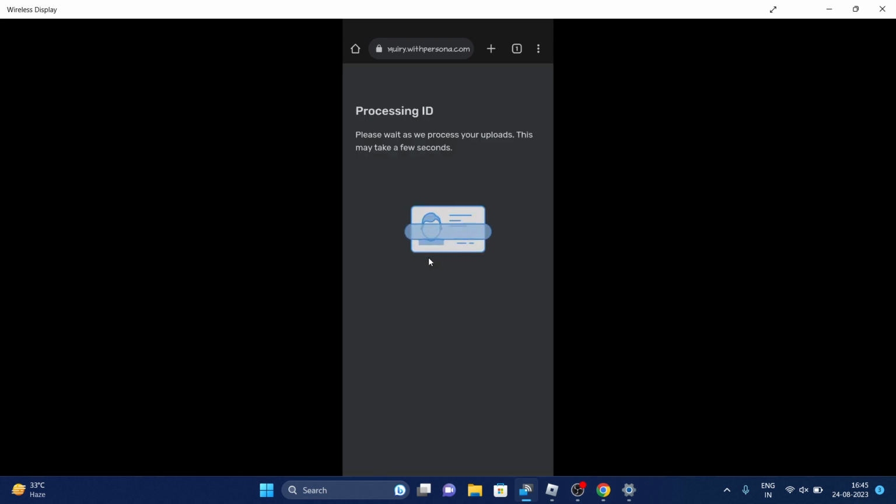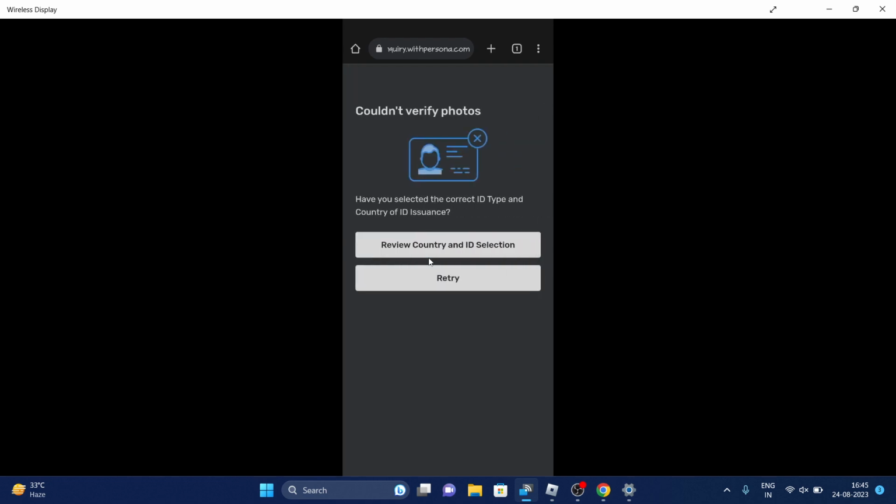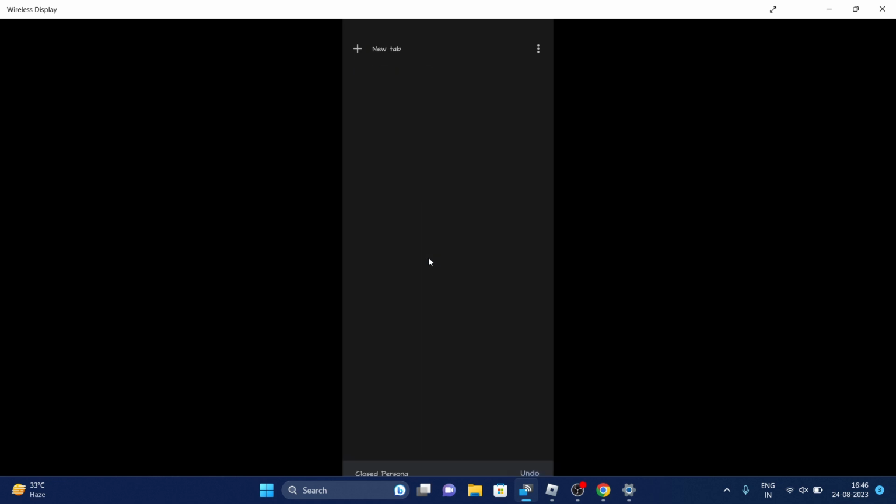Once you're done with the ID, now it will ask you to take the selfie. I have already verified my ID with Roblox, so I'm not going to show you again. I'll show you my account, where my age is verified in Roblox. Once you upload your selfie, your age will be verified. A congratulations message will appear on the screen on your mobile. Once you verify your age, now